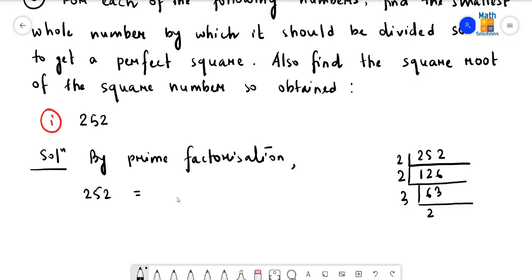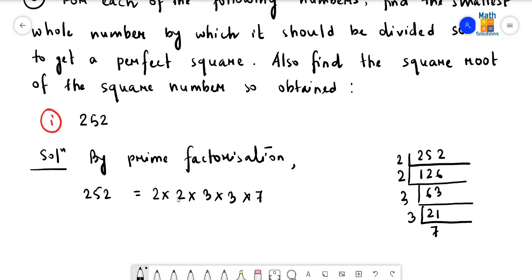Then after, what do I get? It is 1. So after this, again by 3 I can divide it, so the result will become 7. So the factors can be listed in this way: 2 into 2 into 3 into 3 into 7. What do I find here? The prime factor 7 is not paired here, so in this case 252 must be divided by 7 to make it